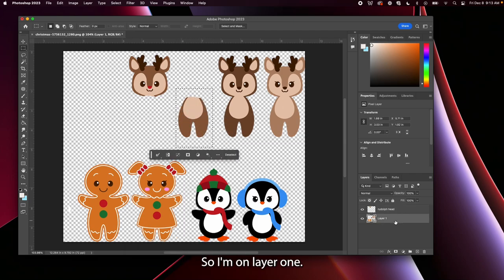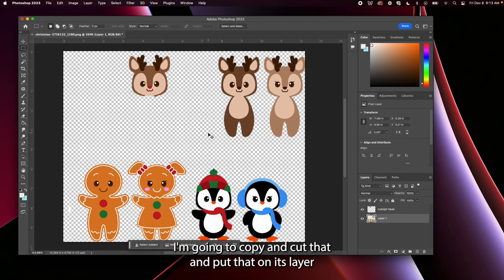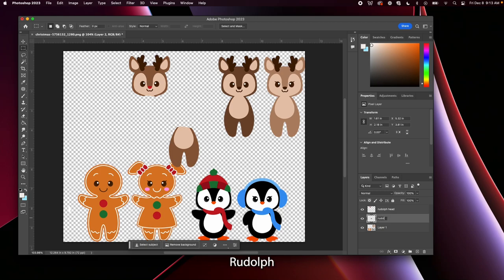body. So I'm on layer 1. I'm going to copy and cut that, and I'm going to put that on its layer. Rudolph body. Another thing that I'd like to do is I would like to,